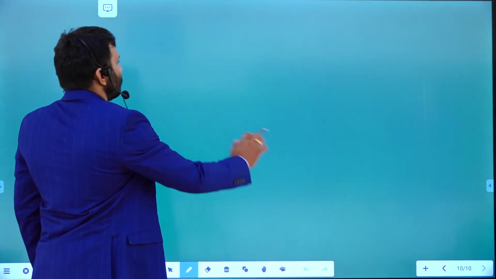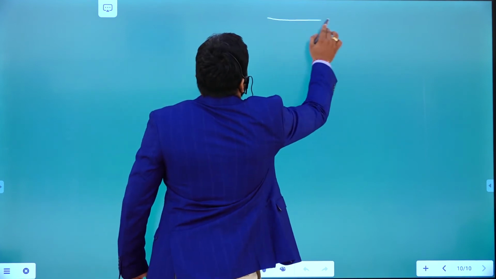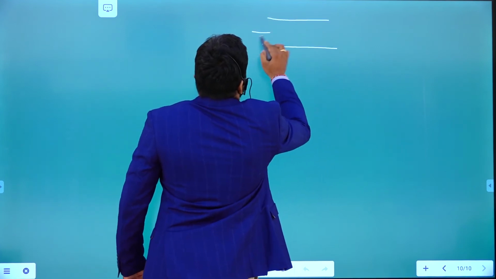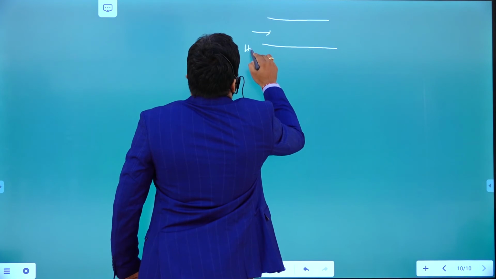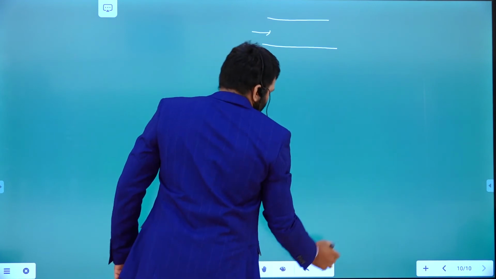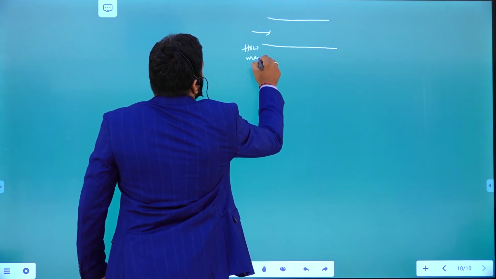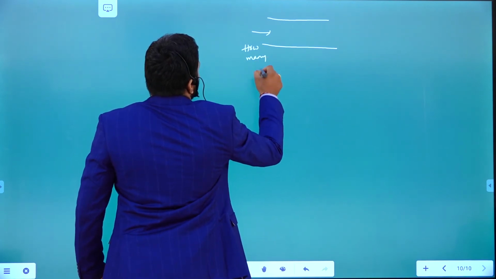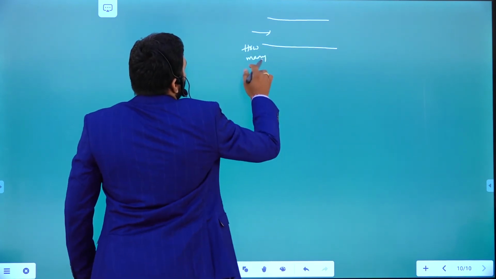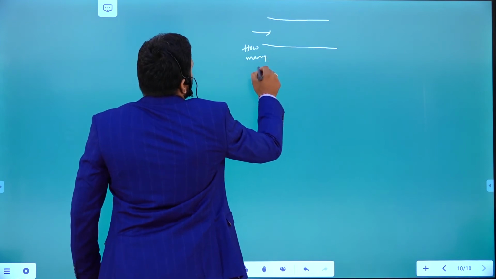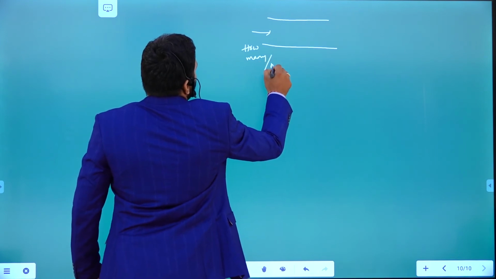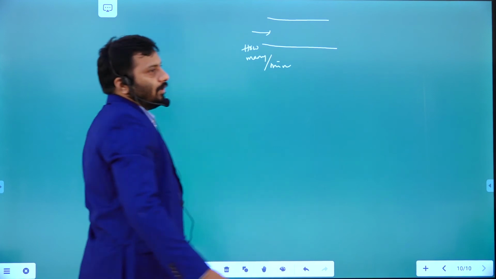How many devices are entering or going out through this particular way? How many bottles or how many goods go out through this way per minute, right?